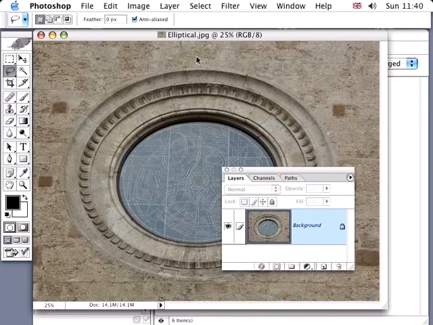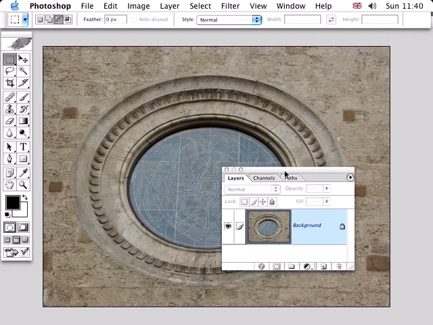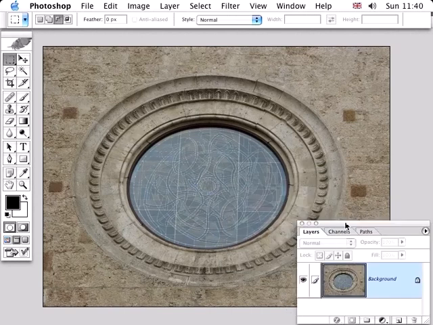Let's open up the file elliptical.jpg from the cover CD and let's get going with some of the Marquee tool selections. The Marquee tool lives in the top left of the toolbar, and it's a very good way of cutting out primitive shapes like squares and circles, rectangles, that sort of thing. It also has a few extra bits and bobs that you can do with it, so let's start off with